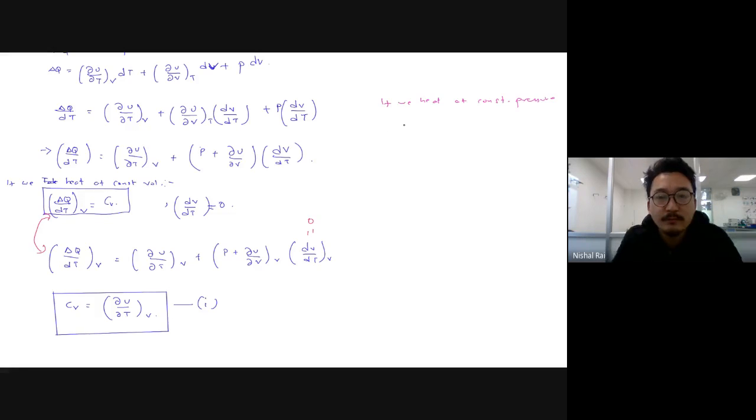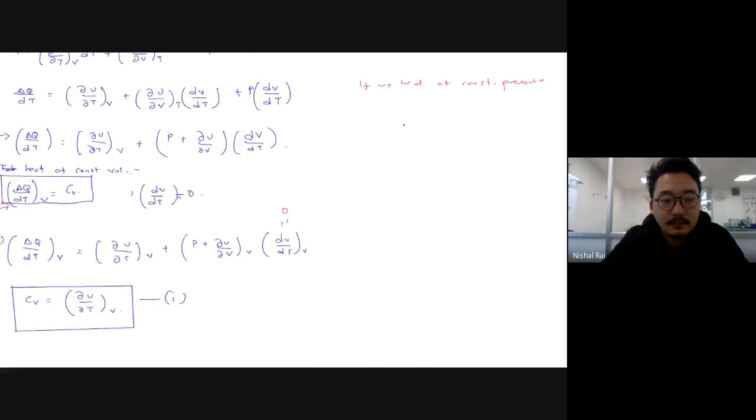One thing is for sure, delta Q by delta T at constant pressure is basically Cp, that you all know. And if we start substituting this over here, if the pressure is constant, then not much of the term will vanish. So basically this has to be substituted by Cp. So this will be Cp will be equal to